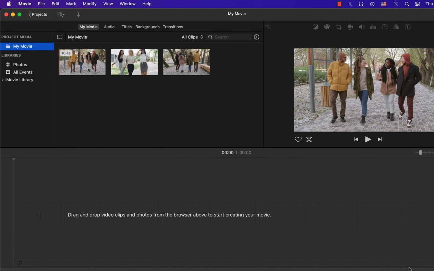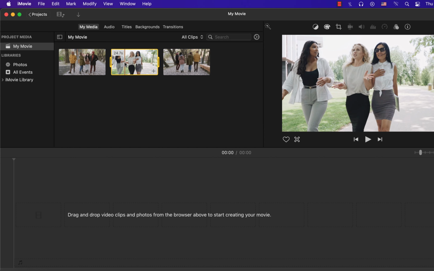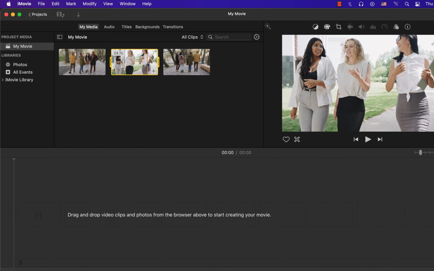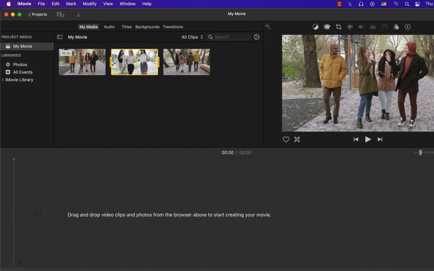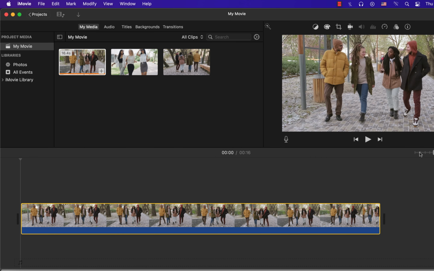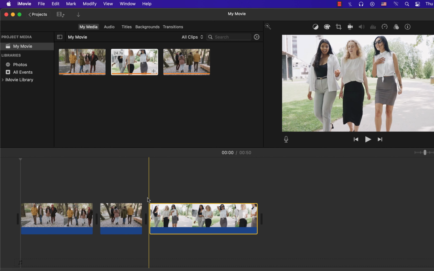After you have imported some videos, this viewer area becomes active. The viewer area shows the frame where your mouse cursor is. If you mouse over the videos in the browser area, the viewer will show the current frame of that video. To edit videos, you have to take clips to the timeline. You can drag clips from the browser to the timeline. You can take multiple clips on the timeline and rearrange them as you need.